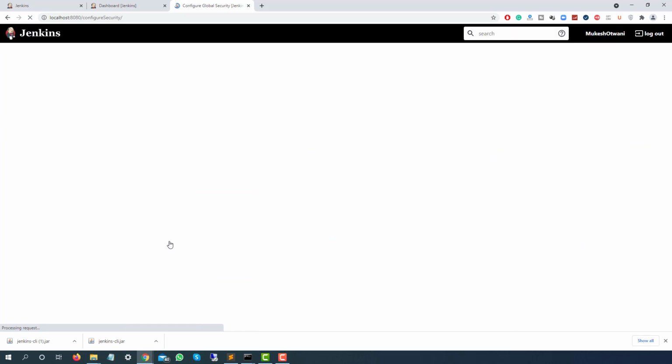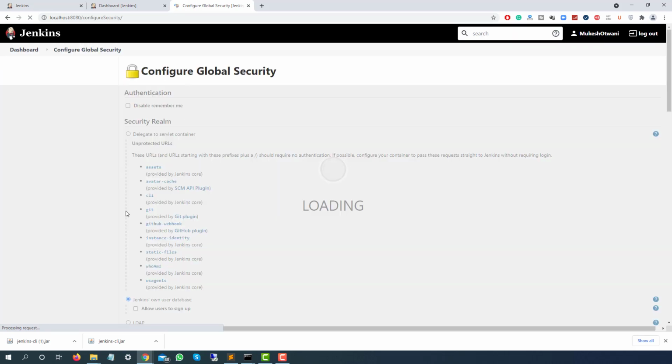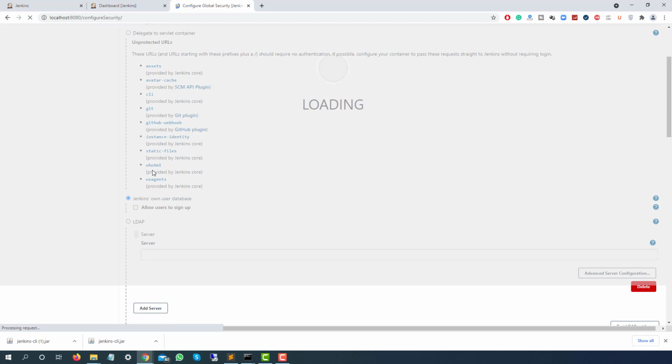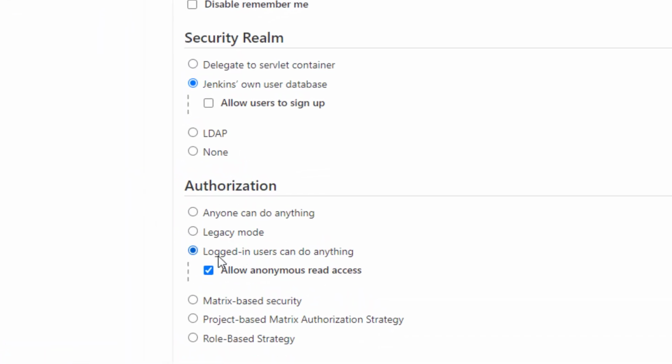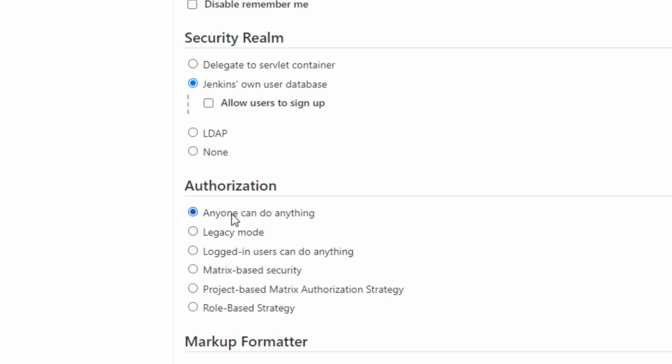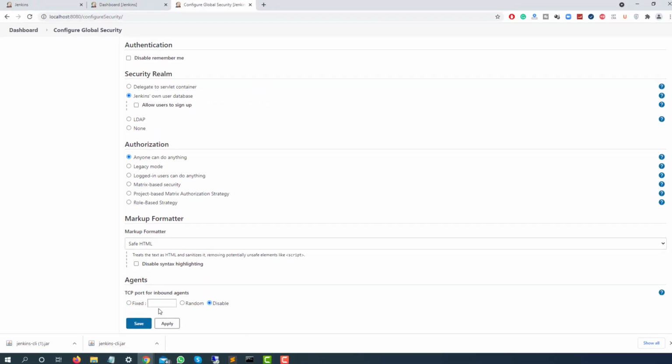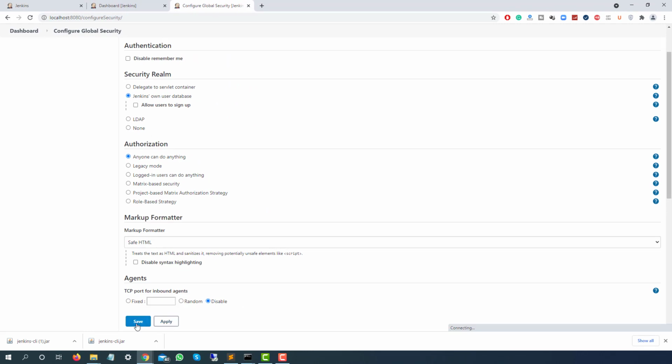What I will do as of now is remove that part and make one change so that anyone can do anything. If you scroll down, let it load completely first of all. This is the current setting, where the logged in user can do anything. But right now I don't want to log in from CLI, so as of now I will make this option called anyone can do anything. Click on apply and click on save.